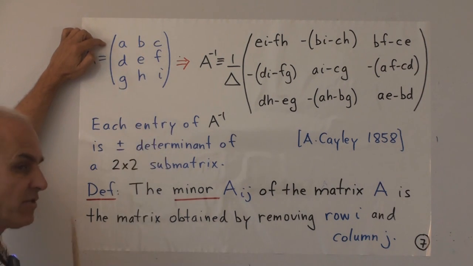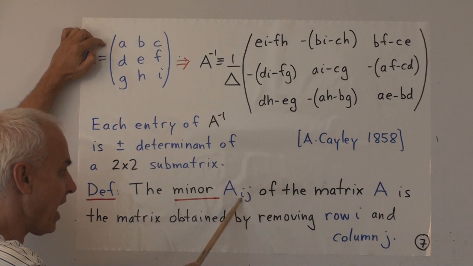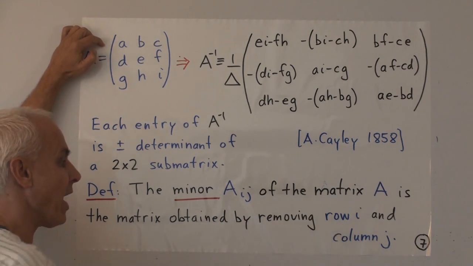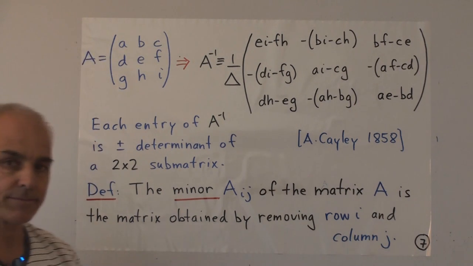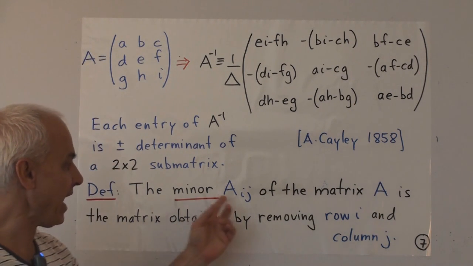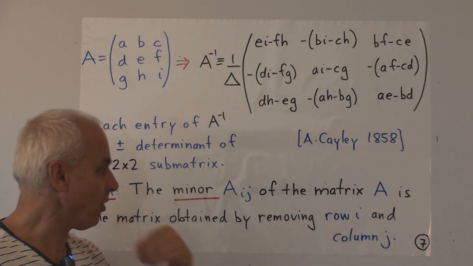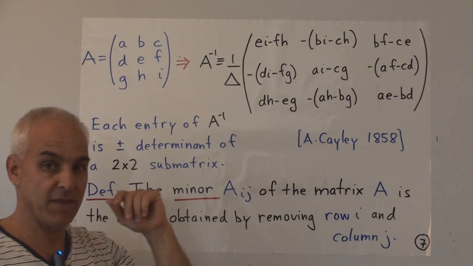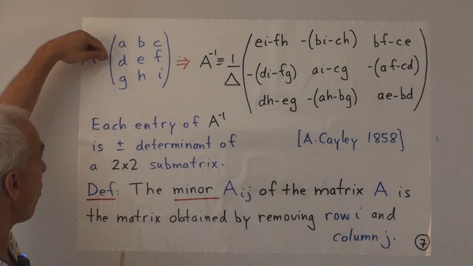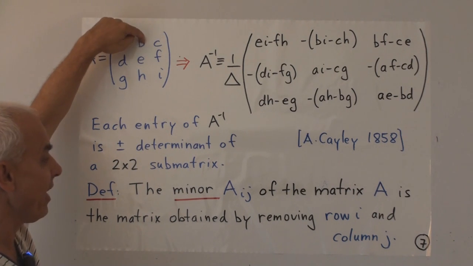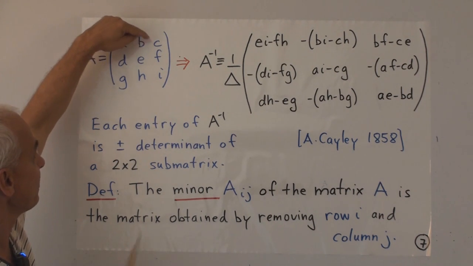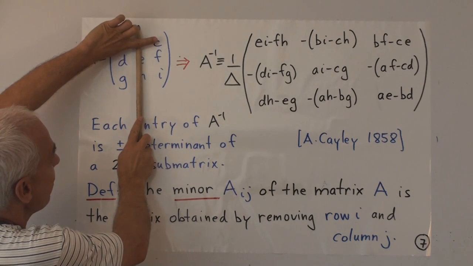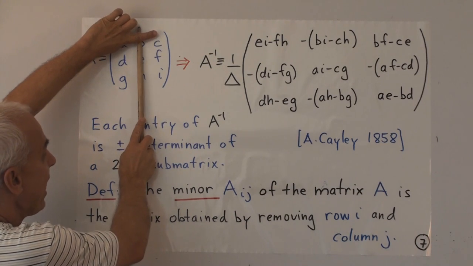So for any one of those pairs of indices, we'll have a minor. The ij minor is the matrix obtained by removing row i and column j. So for example, the A sub 1, 2 would be the submatrix that you get from this matrix by removing the element in the 1, 2 position, namely that one, and the row and column that contains it. So we would remove this row and this column, and what we're left over with, that's called the minor. So that would be the minor A12.